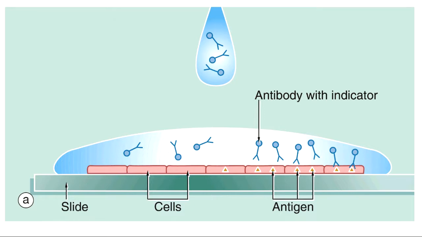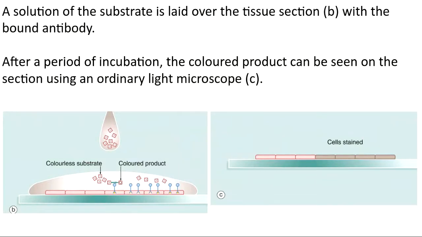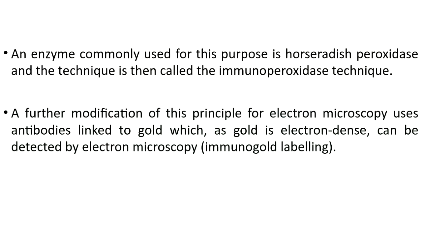So your tissue is an antigen, and commercially available antibodies are available. Usually we import from America. Commercially available antibodies and antigens are there, which antigens are present on this slide. That is the tissue, and we stain with antibody. That's it. It's called immunohistochemistry. So you need not know much about this. Only you should know immunohistochemistry means antigen and antibody is used there. If you know this much, more than enough.